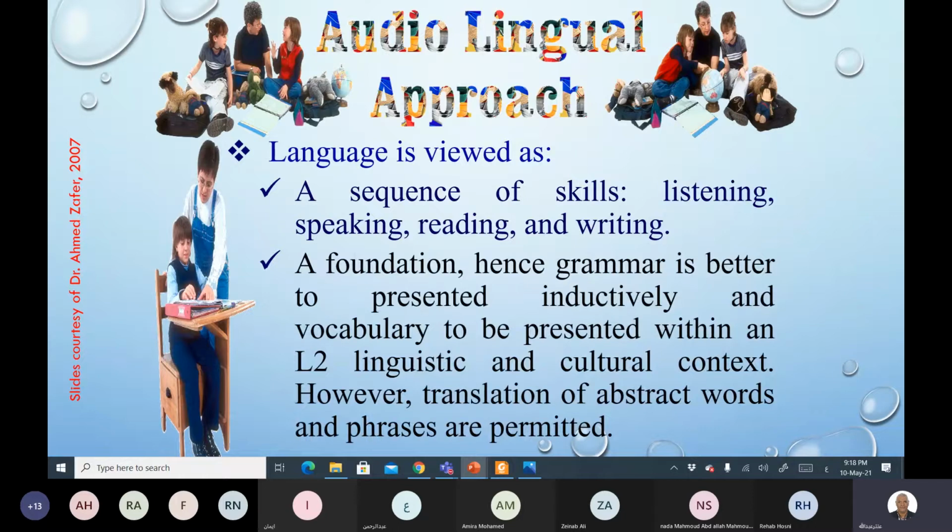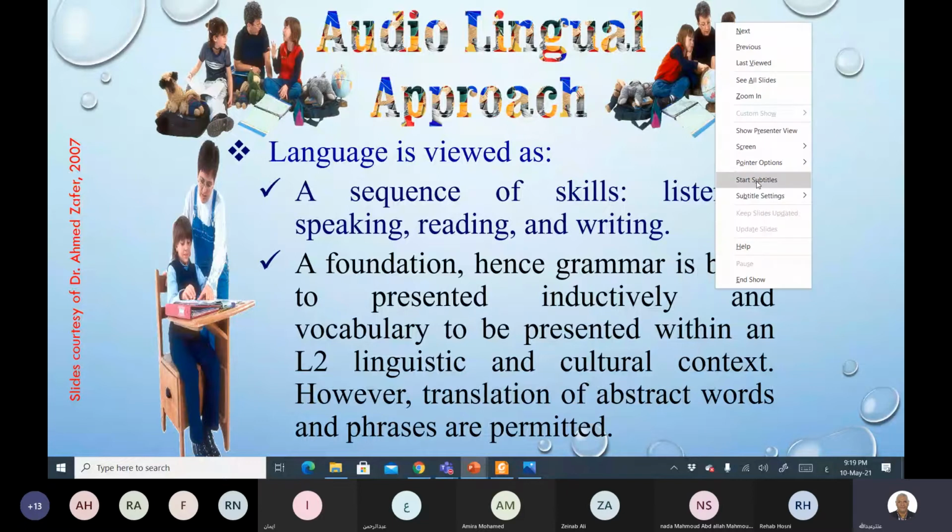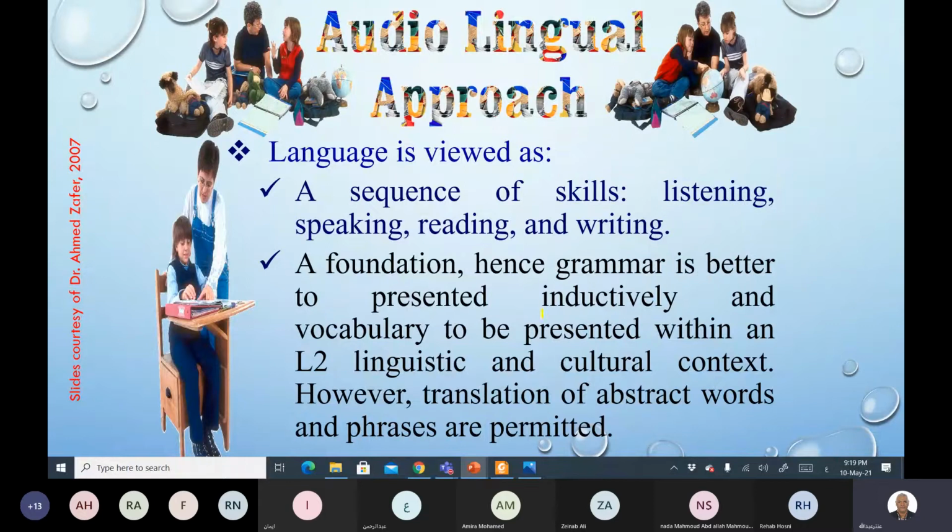Language in the audio-lingual method is also a foundation. So grammar is not taught directly. Grammar is taught inductively. قلنا قبل كده inductively يعني indirectly. Inductively means indirectly. So rather than giving the rule to the student directly, the teacher will not